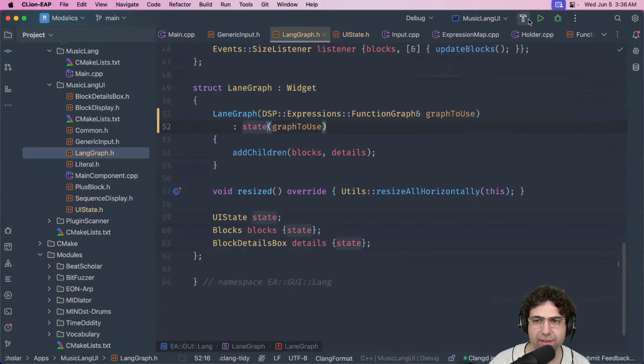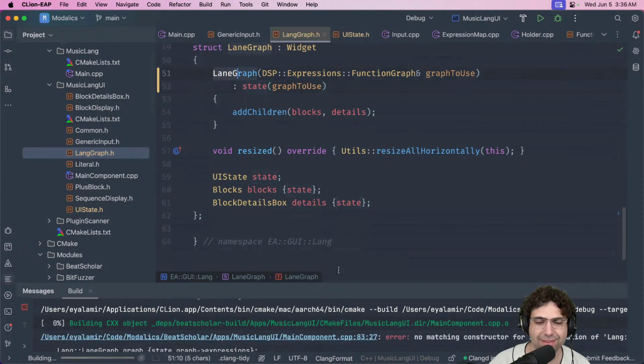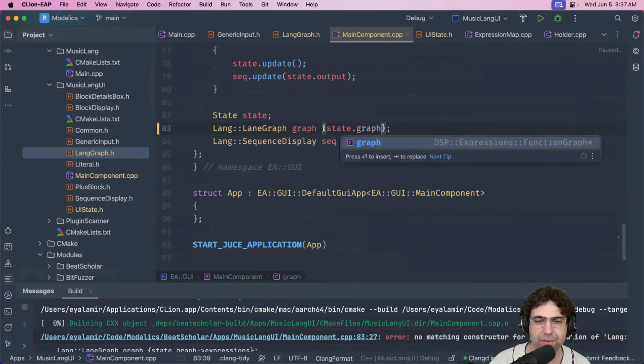Okay, this is okay. Let's see if I did something right. This probably won't build, because when I'm instantiating this, I need to pass the full graph and not just the map. So I think this would need to be done like this.